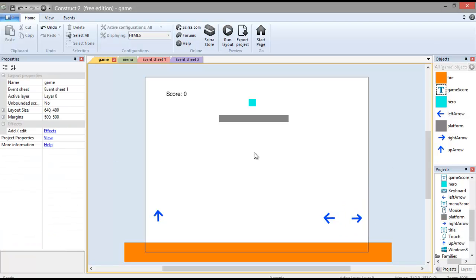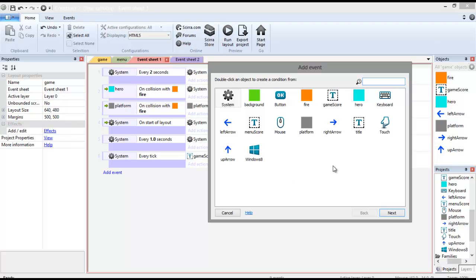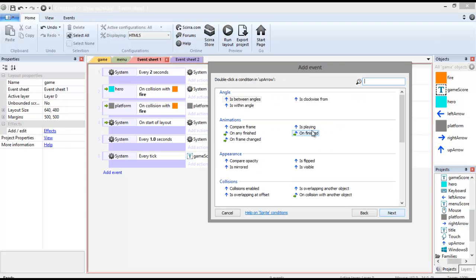So once I have that set, what I need to do is go to the event sheet for the game, which was event sheet 1. And I'm going to add events for when they are touched. So the first one I'm going to do is the up arrow. So go to add event, and to open this screen, click here on up arrow, click next,